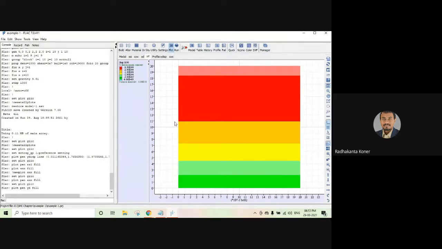But there is a problem of applying velocity in this case, because we want to specifically apply this much amount of load. For that case, applying velocity will not suffice. So applying velocity, you have to do it iteratively. Applying velocity, suppose 10 to the power minus 6, 10 to the power minus 5, 10 to the power minus 7, and run it for 10,000 steps, how much stress is developed? It will go into a loop, one after another, and that will be very difficult to assess.